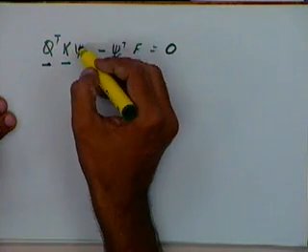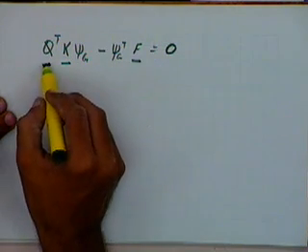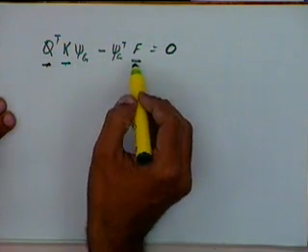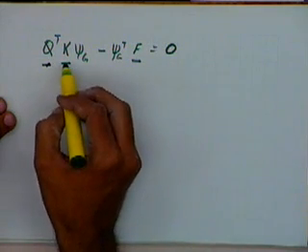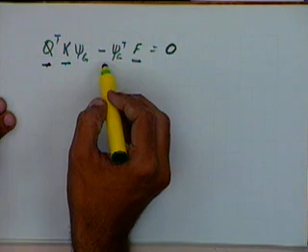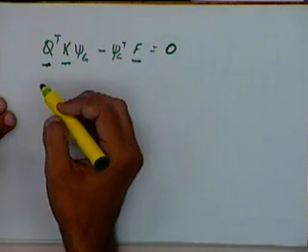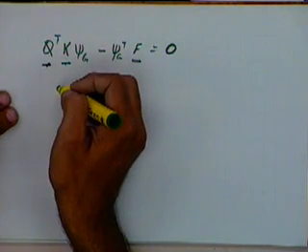Okay, since it has to be valid for all values of the virtual displacements, we will finally get the equation will be similar. Q transpose K minus F. Q transpose K will be equal to F. Okay, or KQ will be equal to F. And again we can use the same boundary conditions and solve this system of equations.